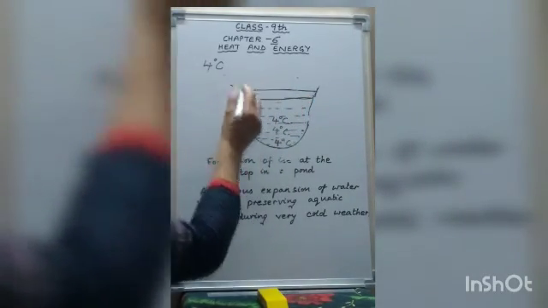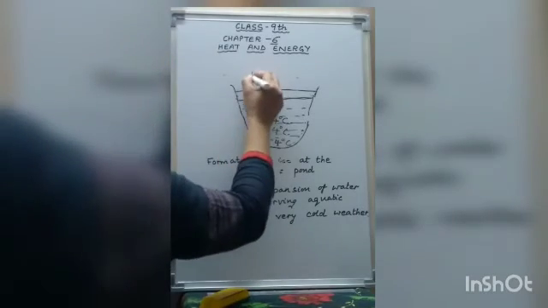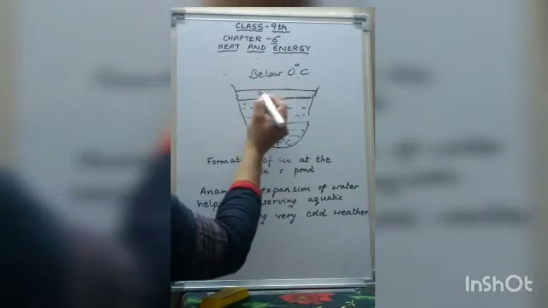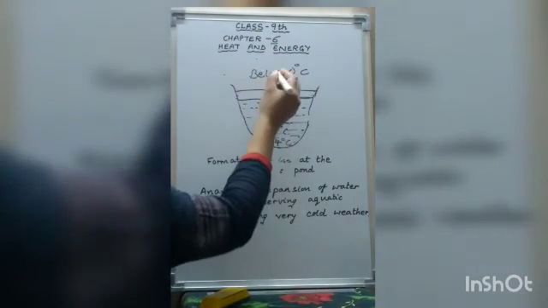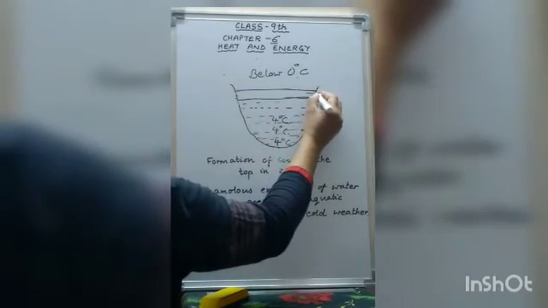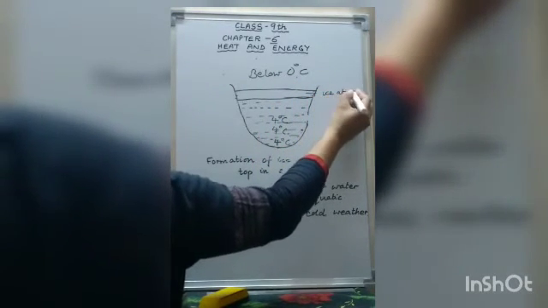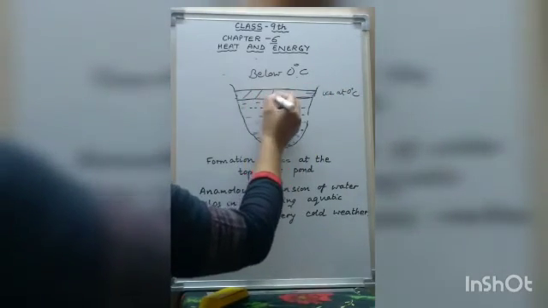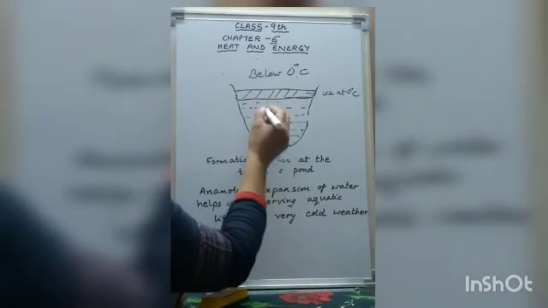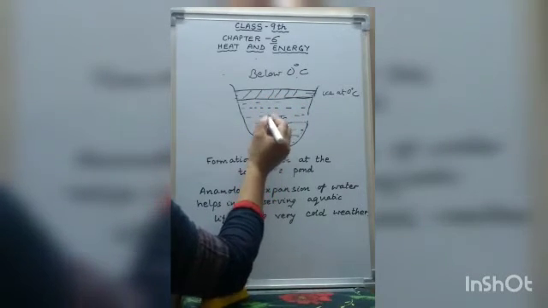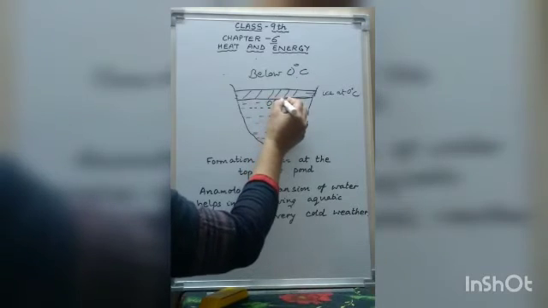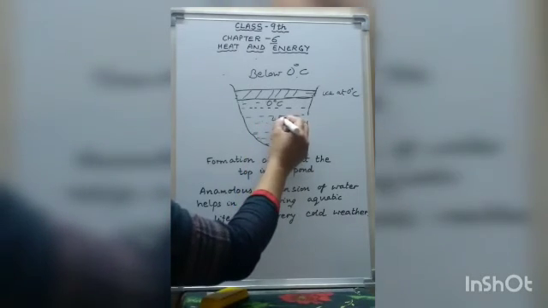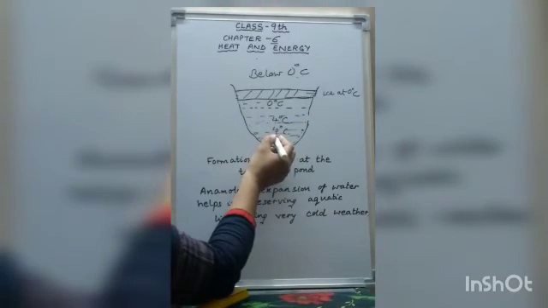Now when the temperature of the atmosphere falls below 0 degrees Celsius, water on the surface loses further heat to the atmosphere, and it gradually freezes into ice at 0 degrees Celsius. The water layer just below the ice, in contact with it, will also be at 0 degrees Celsius, but the water below that will be at 4 degrees Celsius.